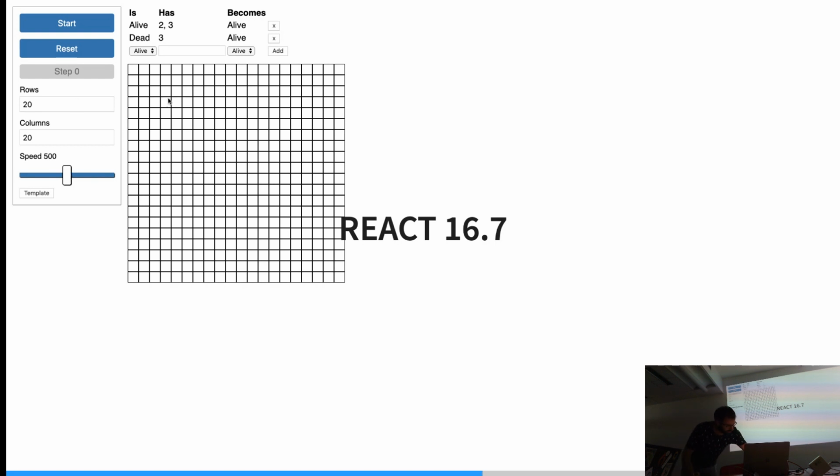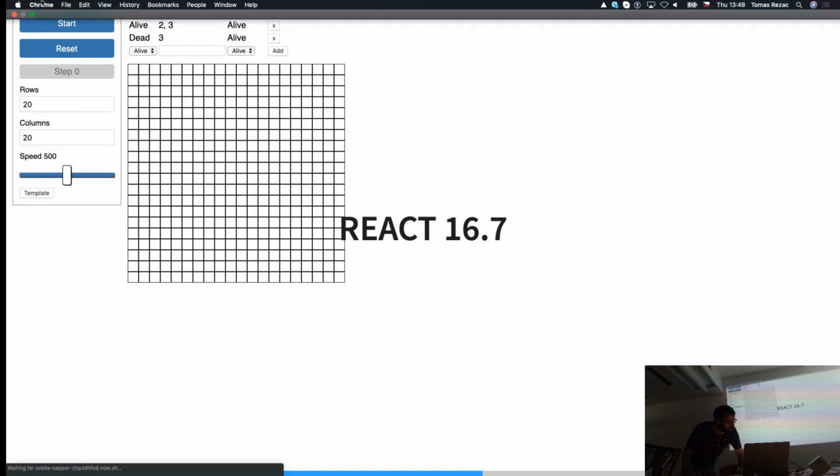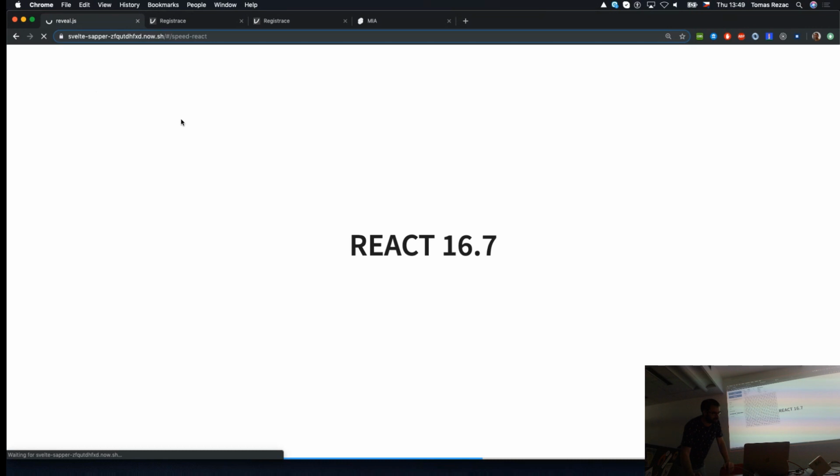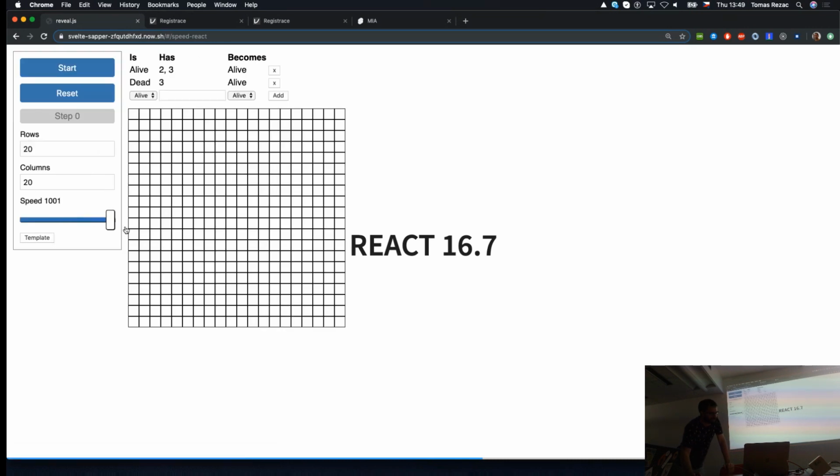Because the framework which I use for the presentation somehow can slow down the computer because it caches all the stuff in memory, I just reload, and because it's not on professional hosting, it takes some time. It's always that after some time it goes to sleep and you need to wake the server up. Then it's faster again. So next load will be super fast already. Okay, so I will go for the fastest I can get.